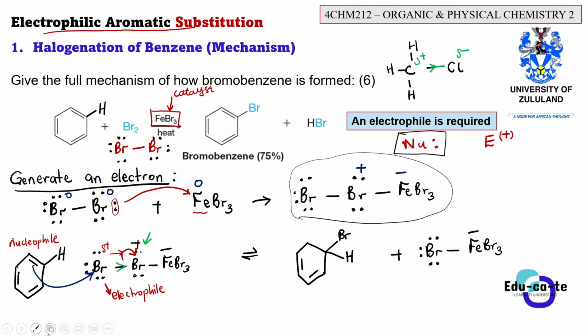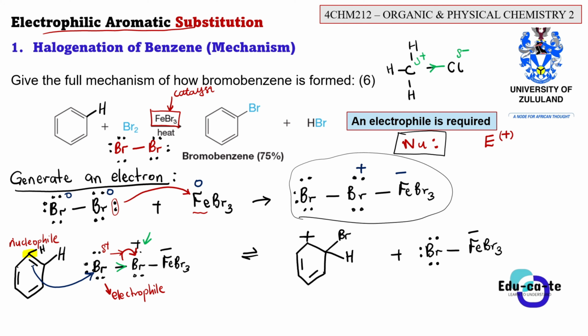But now here is a problem with the benzene ring. The benzene ring will now acquire a formal charge at this carbon. Why is it acquiring a formal charge at this carbon? If we look carefully, how many hydrogens did this carbon have? It had 1, 2, 3 bonds, so there was 1 hydrogen on this carbon, because each carbon must have 4 bonds around it, right? So it's 1, 2, 3, 4.